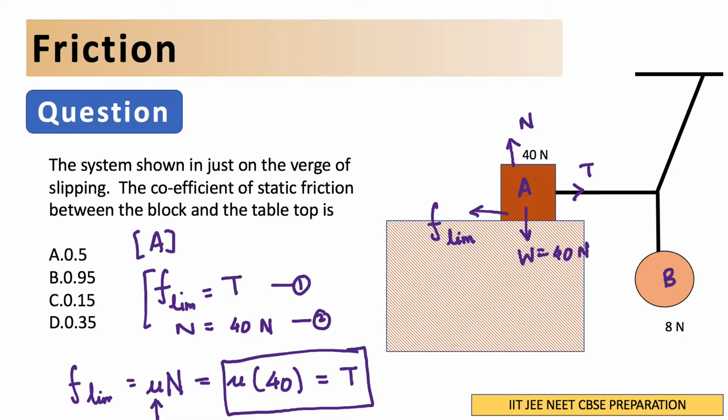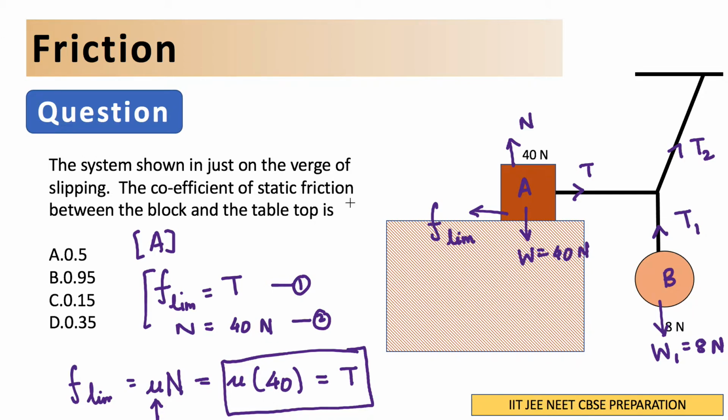Now what I have to do is find out what this T is. So now let's take the other strings here. The other string is this, let's consider block B. Here the weight is acting in the downward direction, say W1 is equal to 8 Newton, and tension is say T1 in this direction. And in the third string, say tension T2 is acting, and it's like this. So block B is also at equilibrium. So what I'll do is,